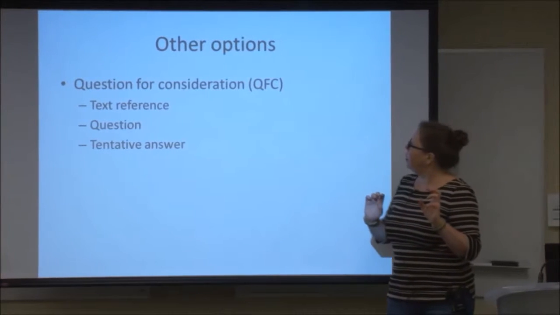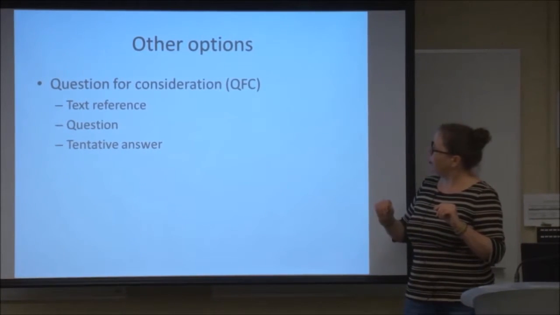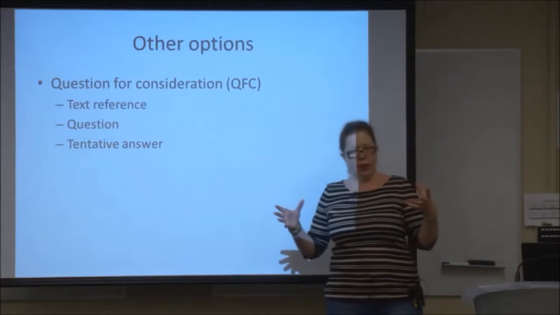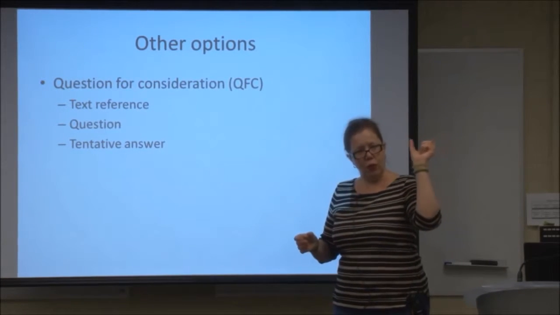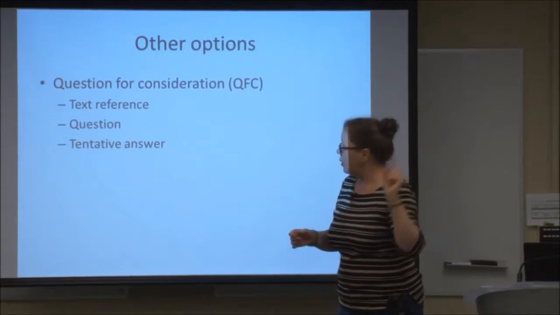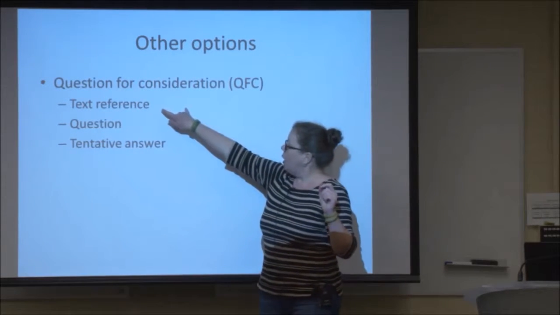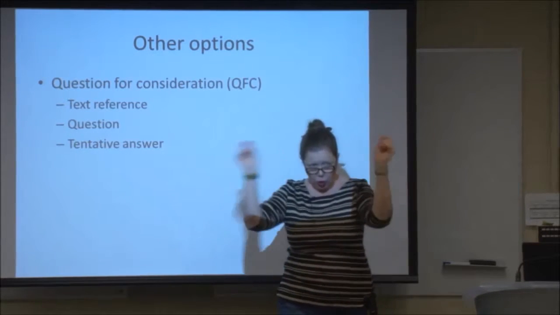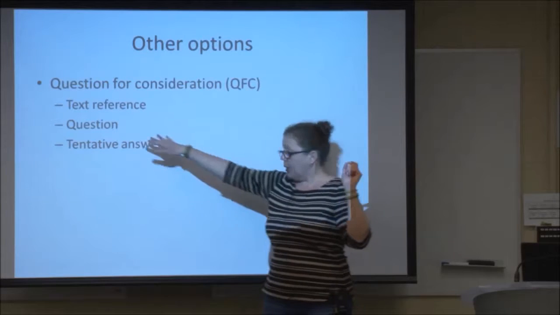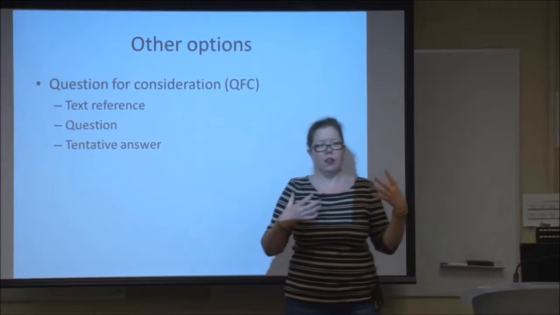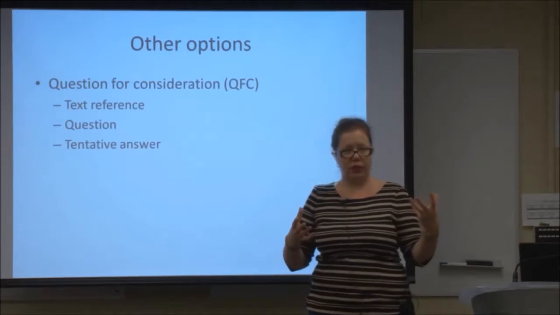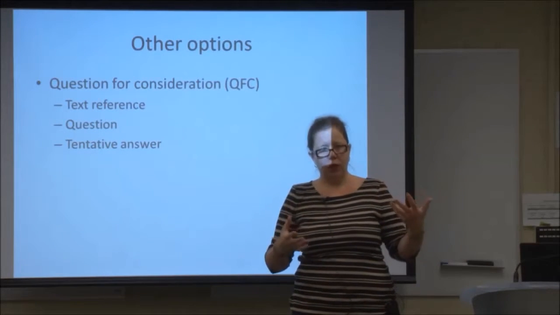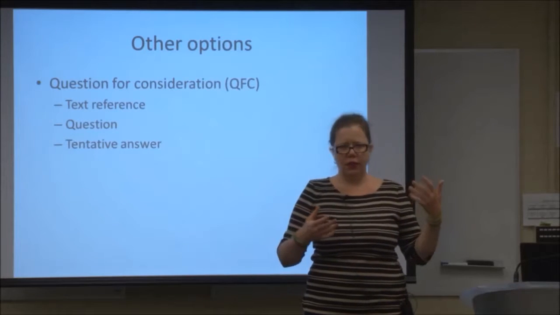Something that I've done successfully in a graduate level course is something called question for consideration. In that case, I want to train them in close reading. And so rather than just saying, what text are you commenting on, I ask them for a particular verbatim quote from the text. So here, give me an actual quote you want to talk about. And then pose an open question that is prompted by this particular passage that you are citing.